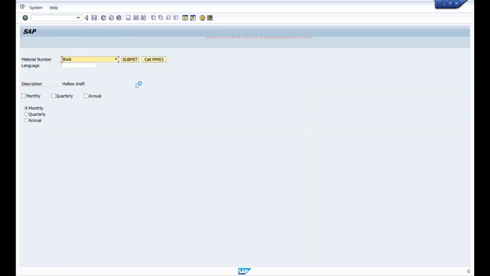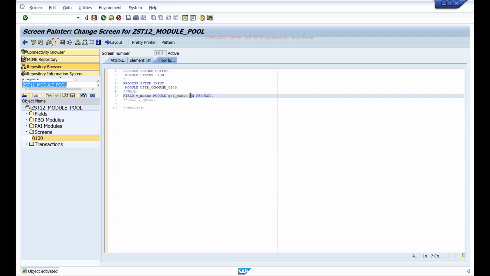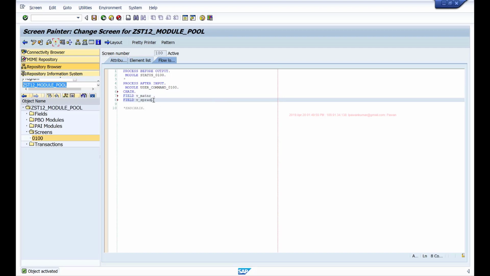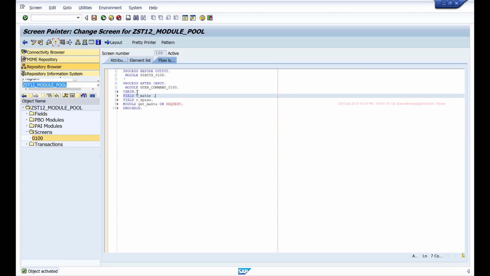Okay. So on input will check if the field is empty, initial or not initial, and call the module if it is not initial. Whereas on request will check if this field has a new value. As long as the value is the same, it will not call your module. Similarly, if you are using multiple fields, so if you say field, chain and chain, then, if you see, I'm using a period for each field, so this statement ends here. Whereas for only one field, we don't use the period after the field statement, but if you're using chain and chain, you have to use the period after each field statement.